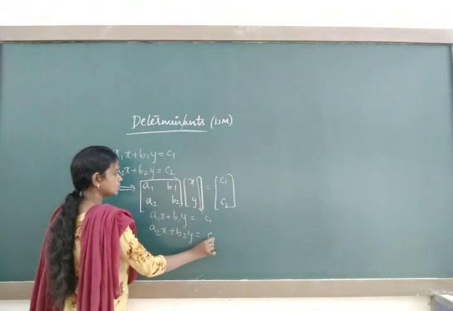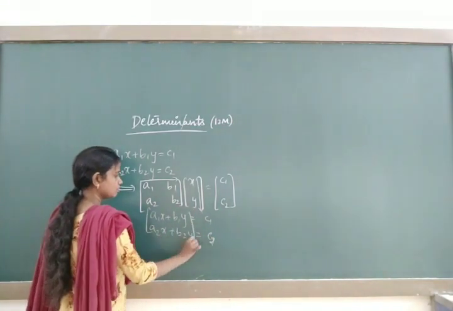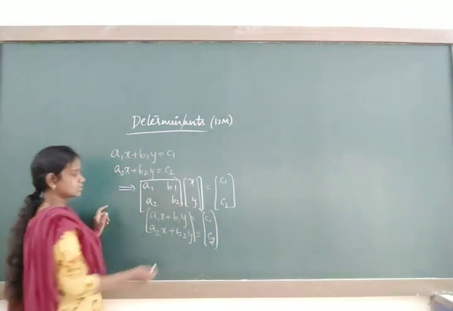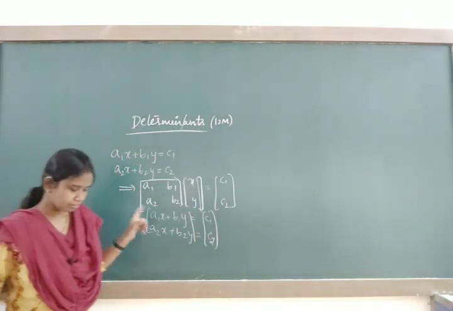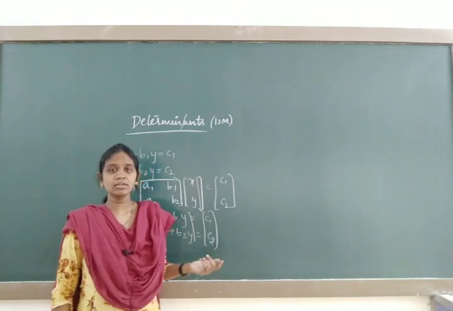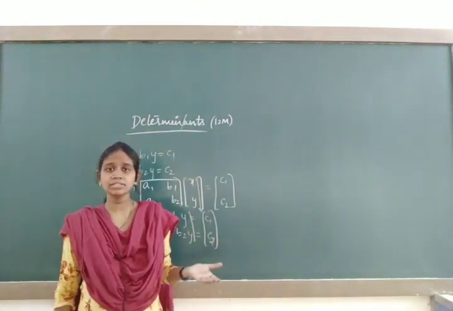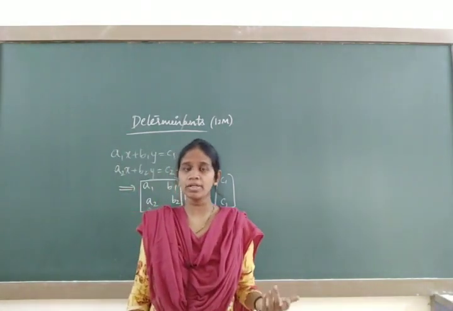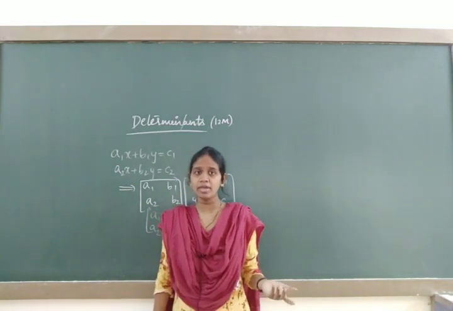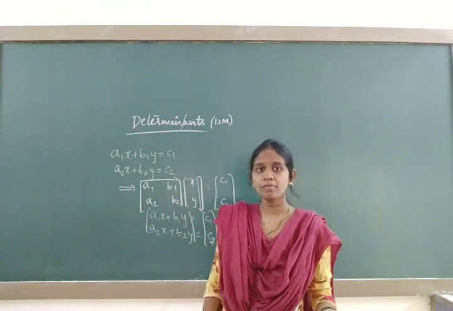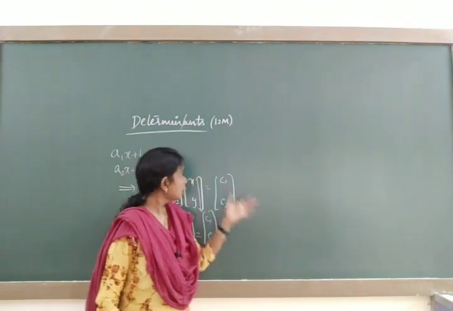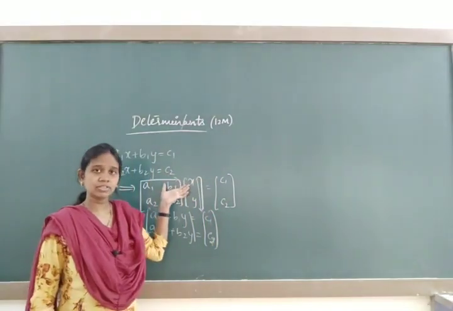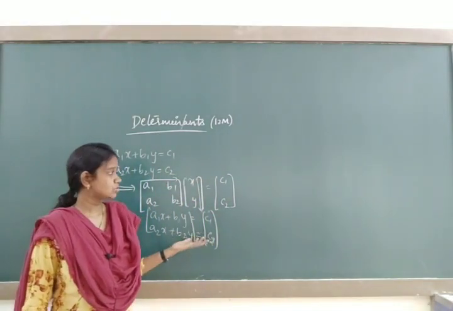We know the multiplication, row with the column. So the orders are the same, therefore this equation will be back. Whether this system of equations has a unique solution or not can be found out with the help of a number. Recall that in your previous classes we studied whether this type of system of equations will have solutions or not.